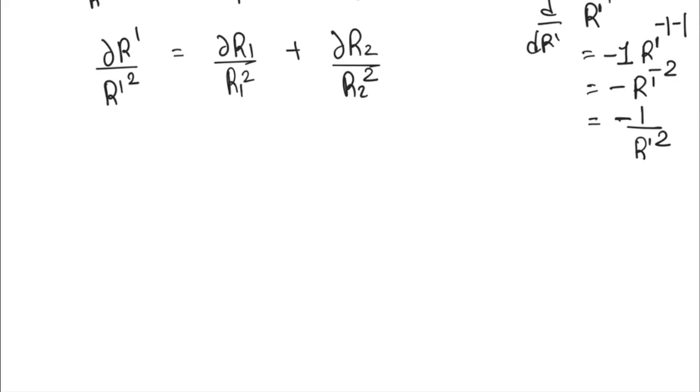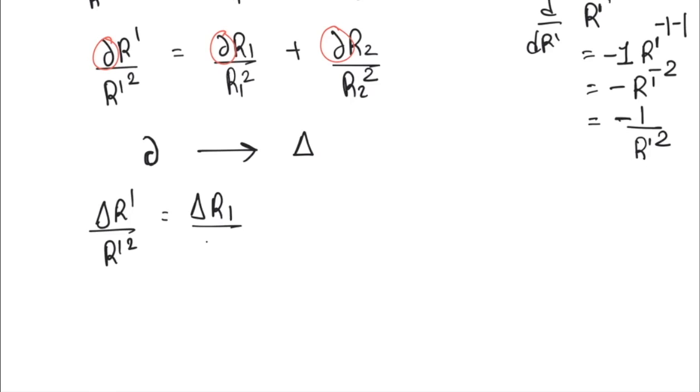Now, again, I said in the beginning that from del we will come back to delta. Replacing all the dels with delta, we can write delta r dash upon r dash square is equal to delta r1 upon r1 square plus delta r2 upon r2 square. So this is our desired equation